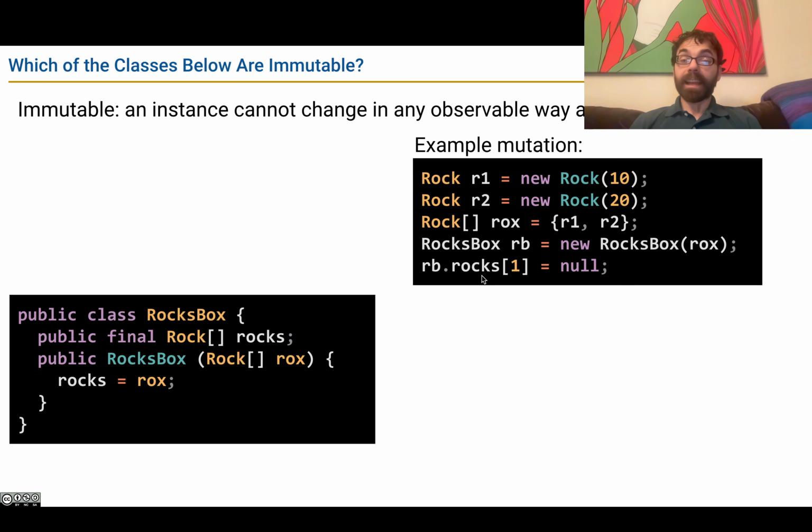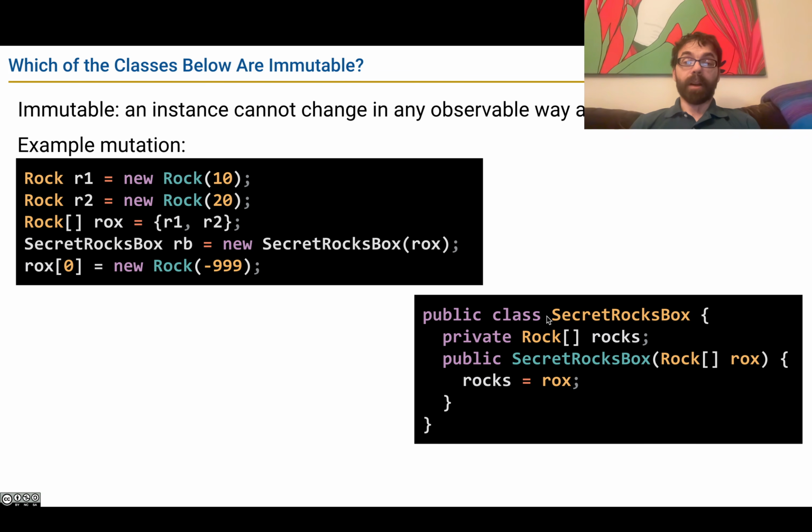One possible way to fix that is to make this variable private. And so that was the SecretRocksBox class, same as RocksBox, but not secret. But even this one, and this is where the point is that mutability is very subtle, is vulnerable to a certain type of attack, I guess I'll call it. So as before, I could create an array with rock 10, rock 20, and then pass that array to the SecretRocksBox. It keeps a copy of that reference right here in this variable called rocks,